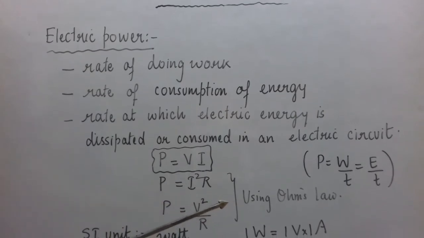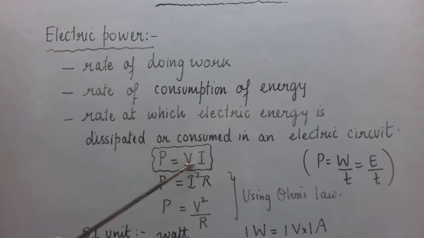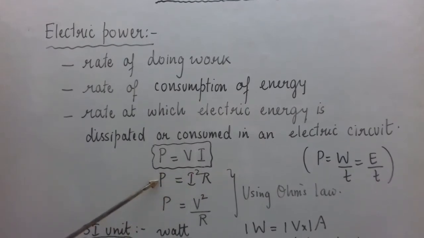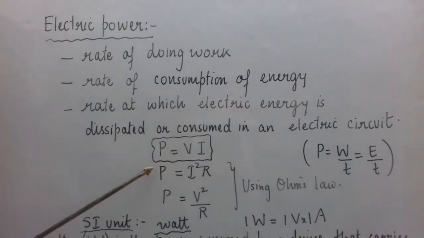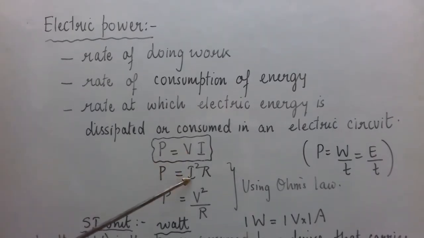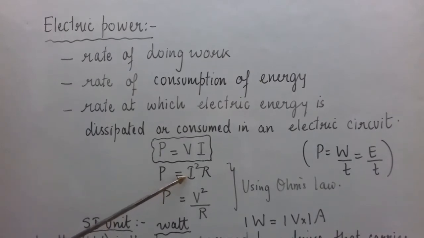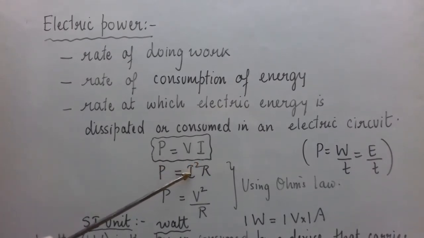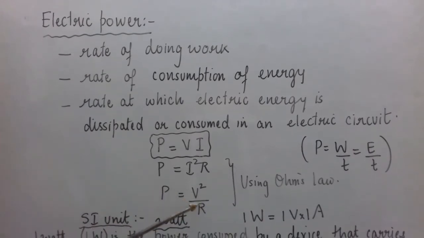You know the mathematical form of Ohm's law, V is equal to IR. So when you use V is equal to IR, this will become IR into I, that is I square R. So here I have used Ohm's law to put an expression for V. Similarly, when you put an expression for I, when V is equal to IR, I is V by R. So I square will be V square by R square. One R will get cancelled, and so we can also write power as V square by R.